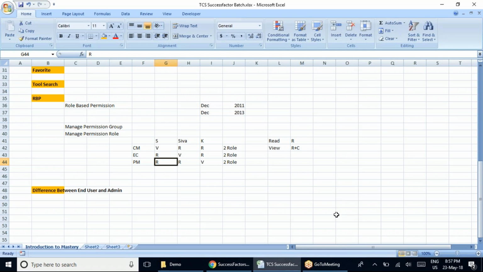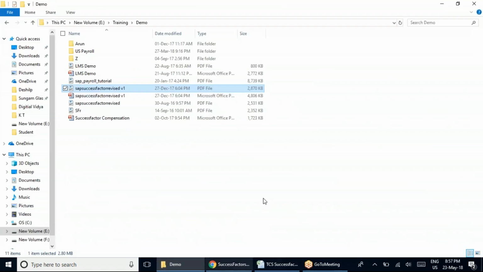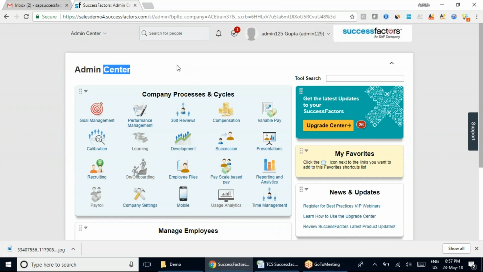My suggestion, team, is that please go ahead and keep on practicing in your SuccessFactors system and keep on reading books and everything, because I have shared a lot of detail with you. So keep on reading, and the material which I have sent to you will be quite enough for your